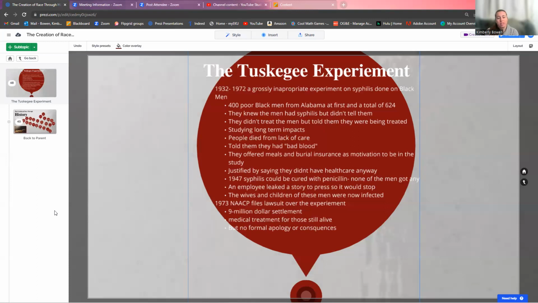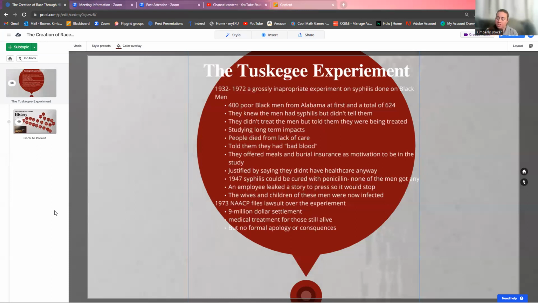This is not the only example of an experiment that was done on people of color. We're going to get into that in our next module, I believe. Is it our next module? I think our next module is on health. Nope. I don't know if that's in this class or not. But in the module, when we talk about health and reproduction and things of that nature, we're going to talk about